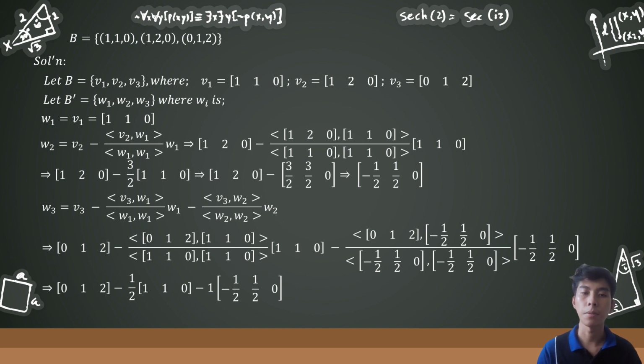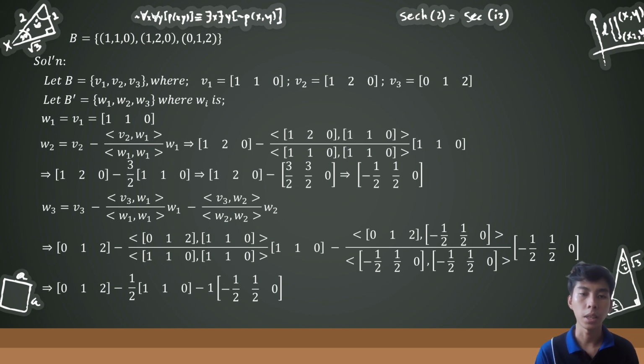So we have here the inner product of vector (0, 1, 2) and (1, 1, 0) all over the inner product of (1, 1, 0) and (1, 1, 0). So 0 times 1 plus 1 times 1 plus 2 times 0, which is 1, over 1 times 1 plus 1 times 1 plus 0 times 0, which is 2, minus the inner product of v sub 3 and w sub 2 all over the inner product of w sub 2 and w sub 2,